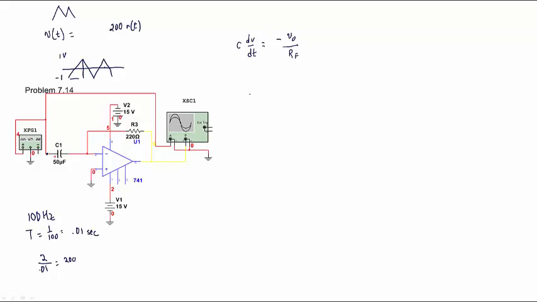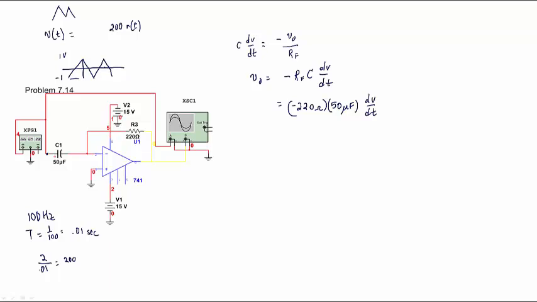So my C was 50 microfarads. V out equals minus R feedback C dV/dt. So minus R feedback is 220 ohms, and then my C was 50 microfarads,